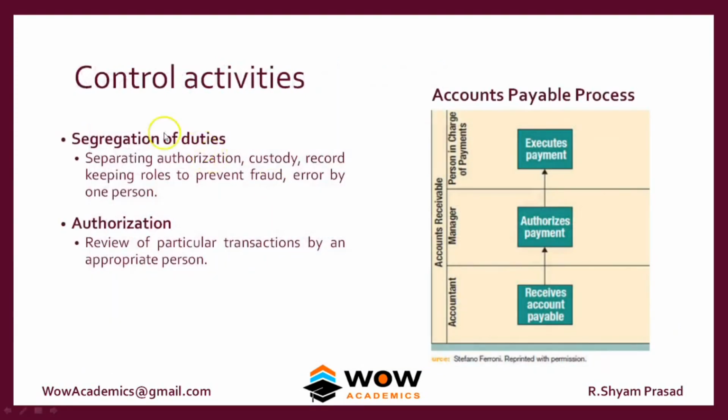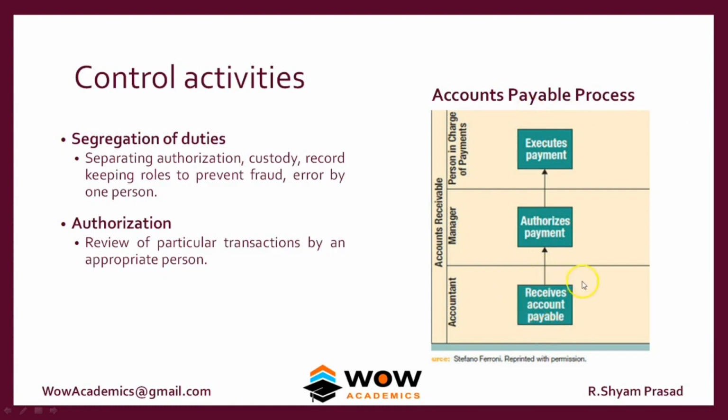So we can ensure that through control activities. There are many control activities. The first one is segregation of duties. What we do is we never allow one person to do an entire activity fully. For example, in accounts payable, assume that we have bought something on a credit purchase, that creates an accounts payable. When we want to make a payment for the credit purchase, how does it work?